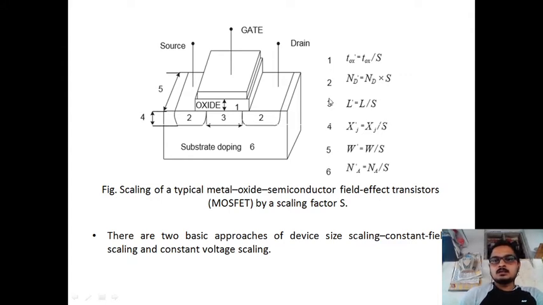In the constants, the other constants are scaled, but here one constant is not scaled. That is the diffusion doping density, that is not scaled here. That's why it is multiplied by a factor, that is scaling factor S. The remaining ones are divided by a scaling factor S. This is the MOSFET scaled by a scaling factor S. These are the terms that are scaled when you scale the MOSFET. Okay, these are the scaling terms, except one. It is not scaled. It is multiplied by scaling factor, that is doping density of diffusions.